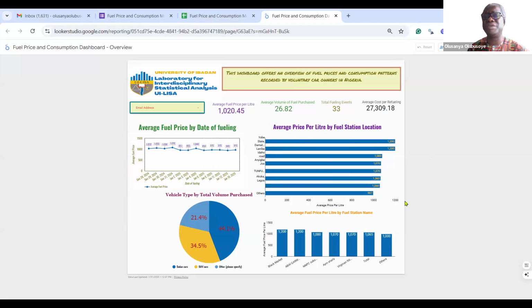So this is just to set the tone for discussion. Hopefully, you will be able to reproduce these visuals, and if possible, use other data to achieve whatever purpose you want to achieve.